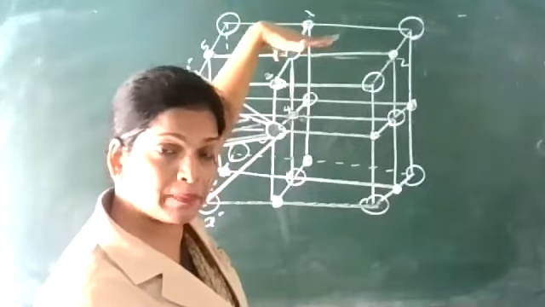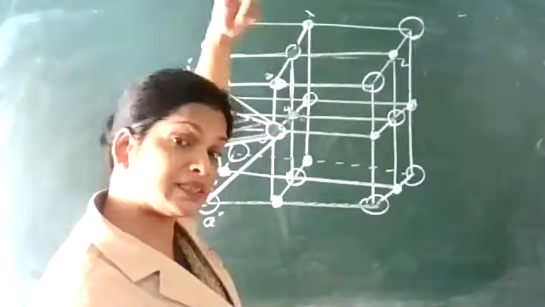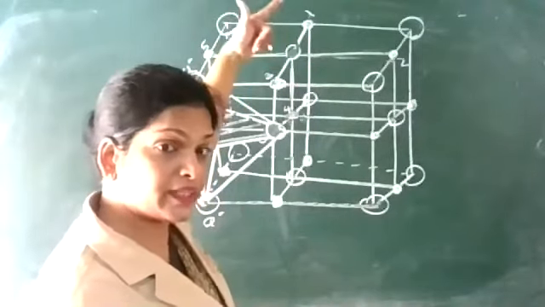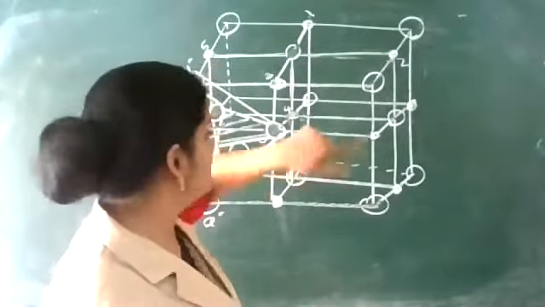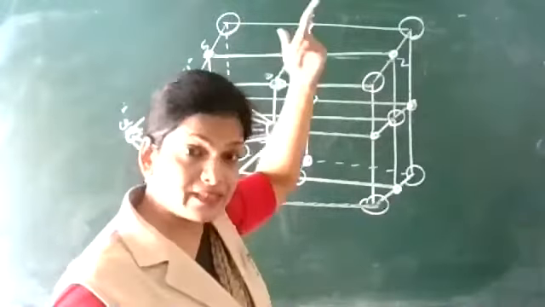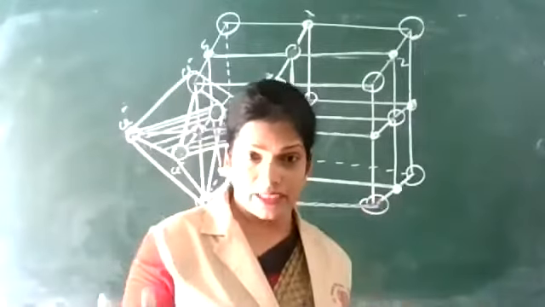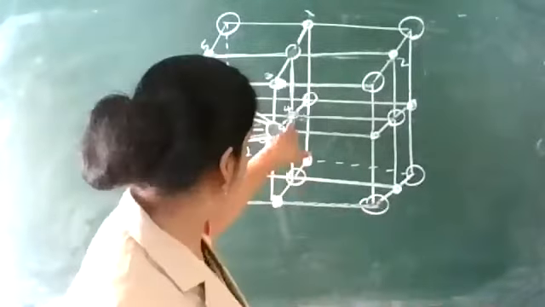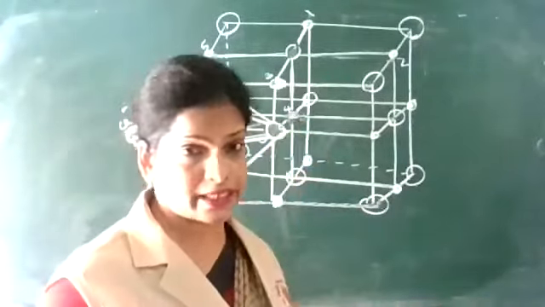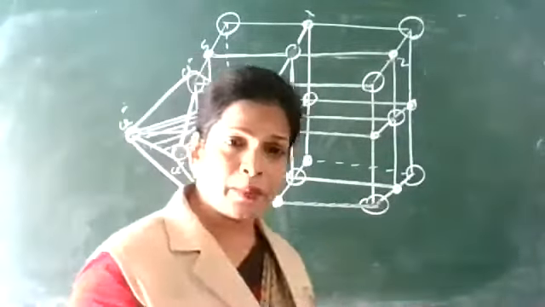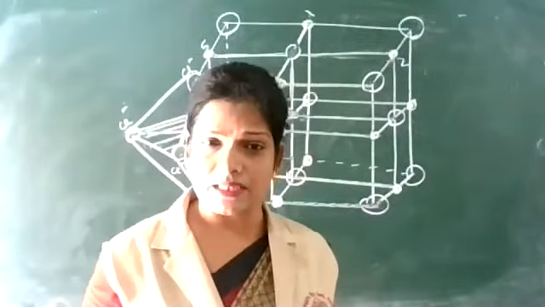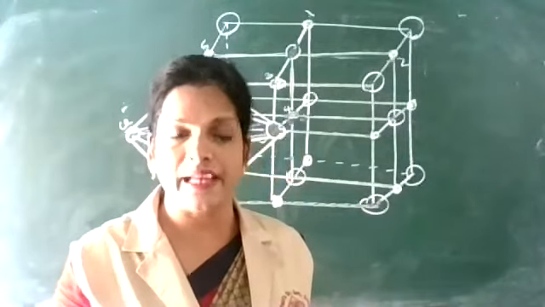That is the face center, so that will be the center of that top cube. One unit cell can be kept over this. At its body center, there is one Na plus. So this will be in contact with that Na plus. All the edge centers are octahedral points, and the center of this is again an octahedral point. So Na plus is in contact with 6 Cl minus, and Cl minus is in contact with 6 Na plus.